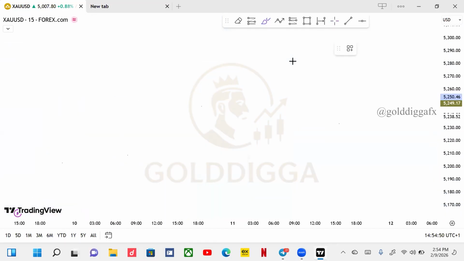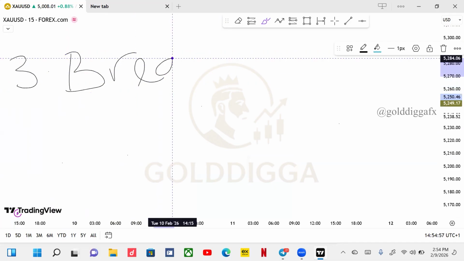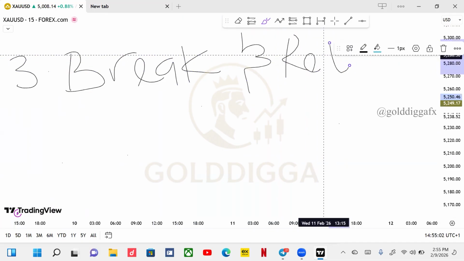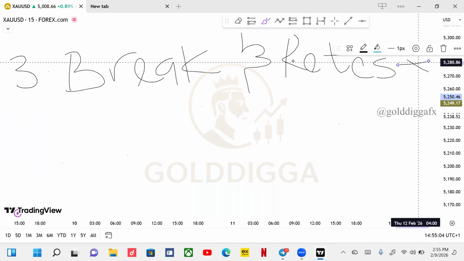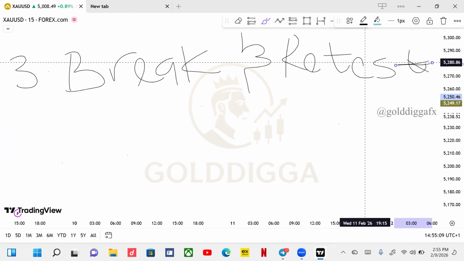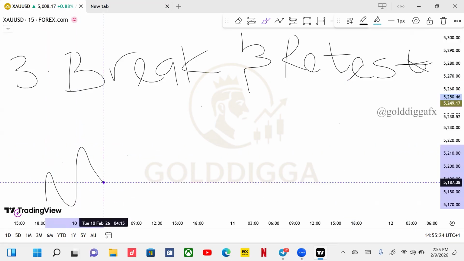So my third type of trend line I like to use is what I call the break and retest. Yeah, break and retest. So this is the third type of trend line I like to use. And this type of trend line is simply a continuation trend line that gets broken, which means if you have a bullish continuation trend line like this,